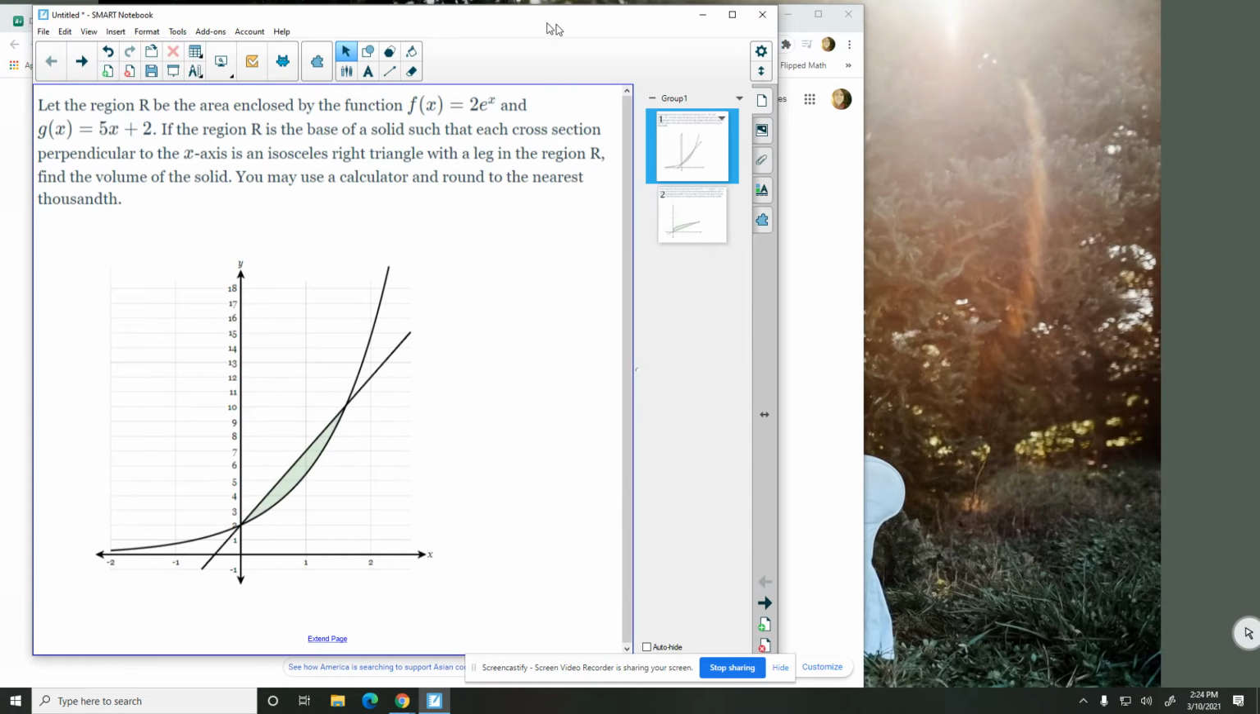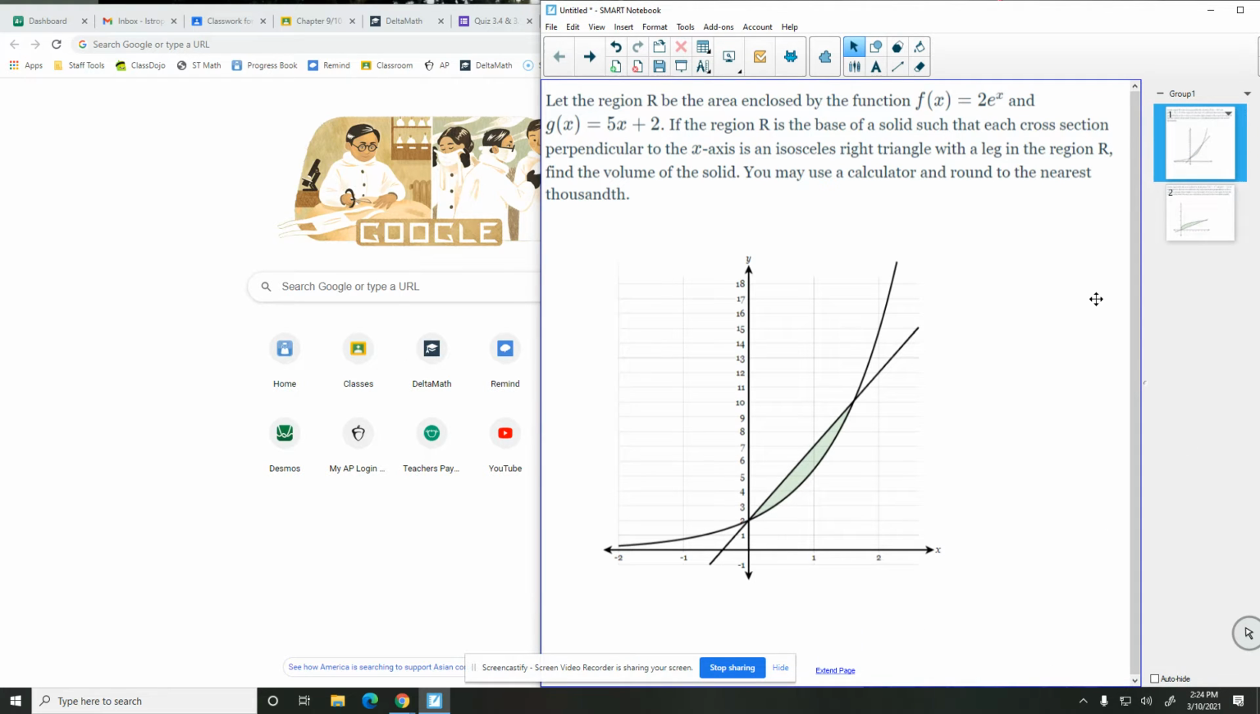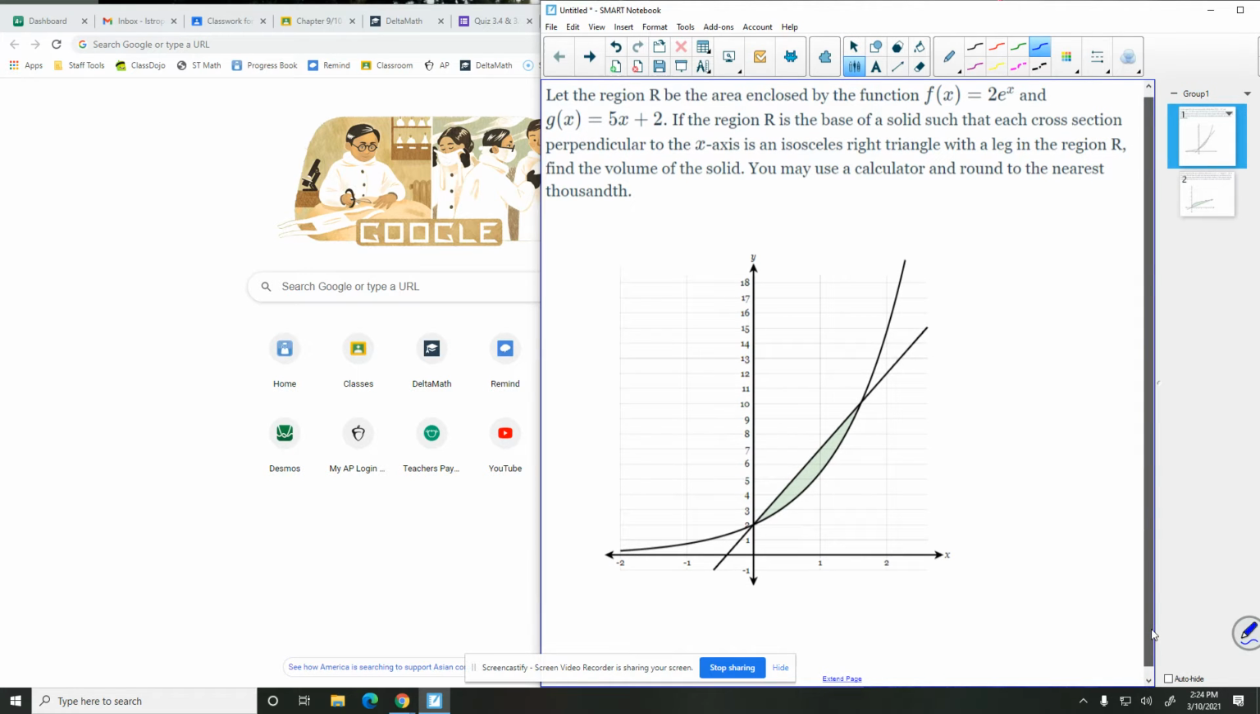All right, guys, I'm going to go through a couple of Delta Math examples. You are going to want to write this down because these are the exact questions that you're going to see on two of your four Delta Math problems. So here we go. First thing you're going to want to do is try to draw a picture of what's